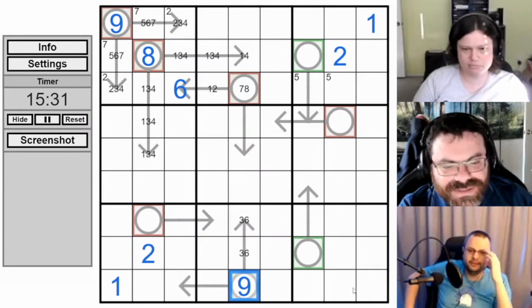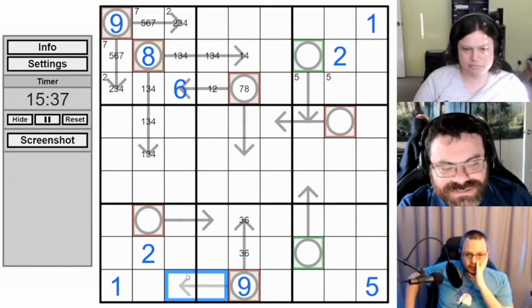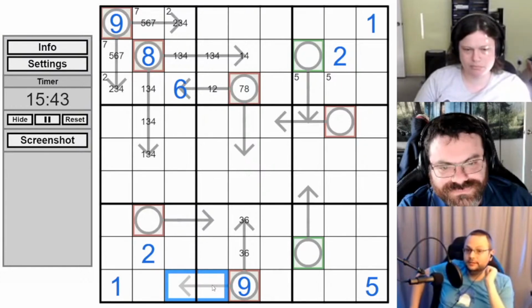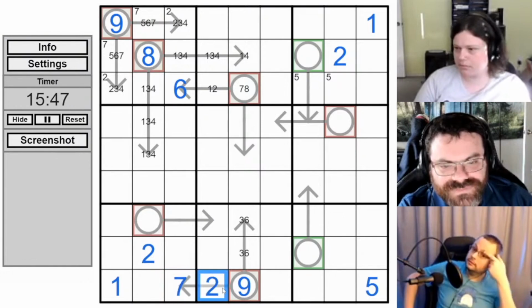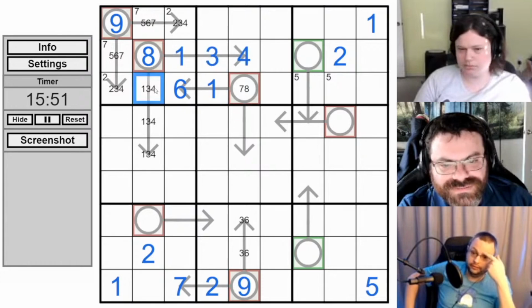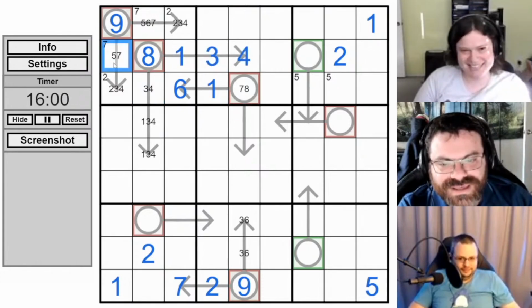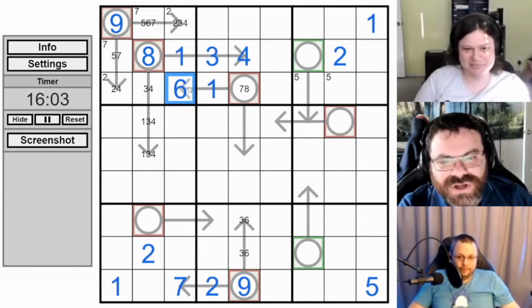Now I think it makes sense to place this 5, and it also makes sense to see what this 9 can be. It can't be 1, 8, it's not 4, 5, and it's not 3, 6. So it's 2, 7, and we know the order. 7 and 2. And that gives this entire thing. That can't be 6, so that can't be 3, and we now know the arrow.